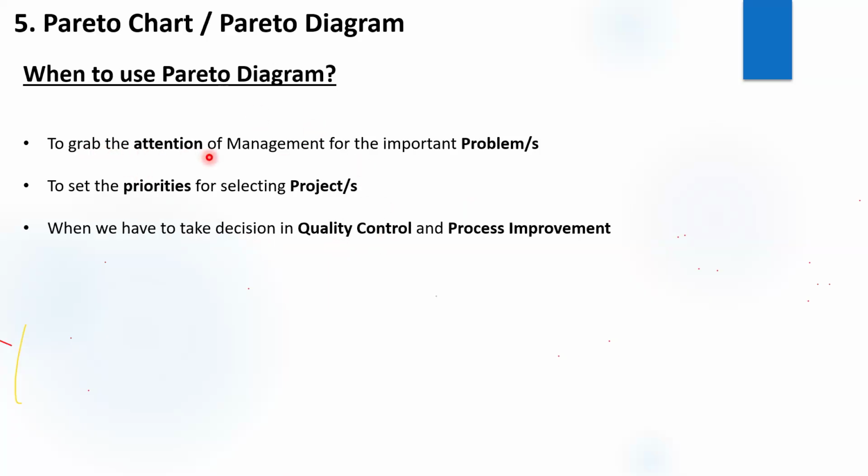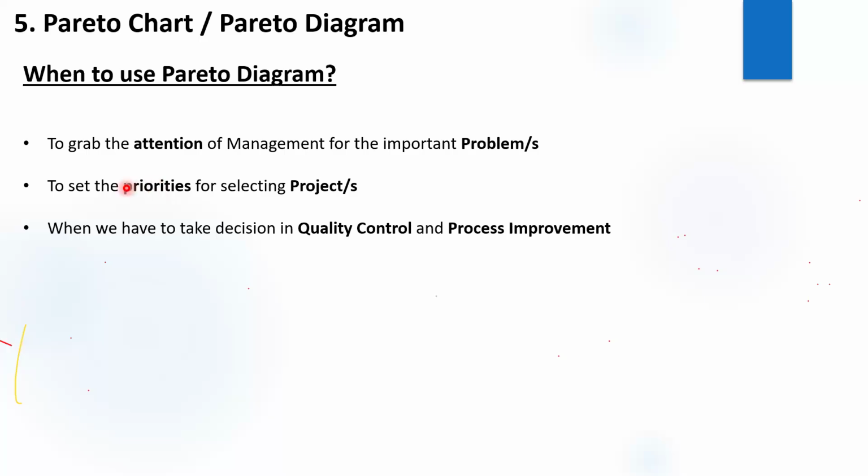Okay. When to use a Pareto diagram? When you would like to grab the attention of the management for the important problems. As we discussed, 20% of the defects will contribute to 80% of the rejection. So you can grab the attention of management by putting up the Pareto diagram, and you can tell the management, these are the 2 defects I need to work on, because these 2 defects are contributing a lot to my rejection. And if I would like to reduce the overall rejection of our plant,